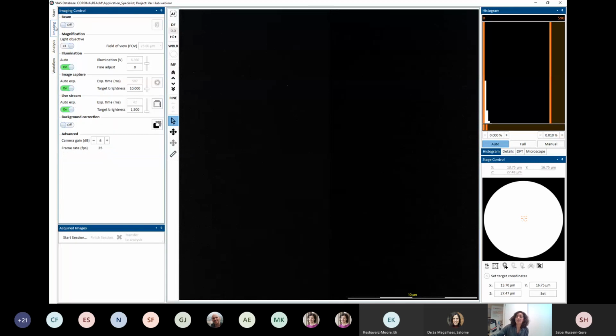Now that I've started my project, I'm going to go into my imaging tab. In my imaging tab, I've got something here called Imaging Control, and this is where I can turn on my beam. So we will start by turning on our beam. But actually, before I do that, I was going to show you what the MiniTEM looks like. So I will click beam on, and while I'm turning the beam on, if you can look at the small screen,